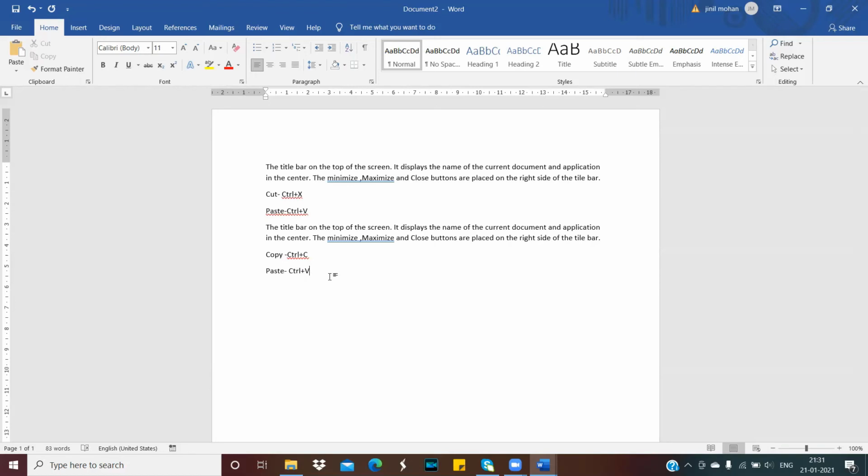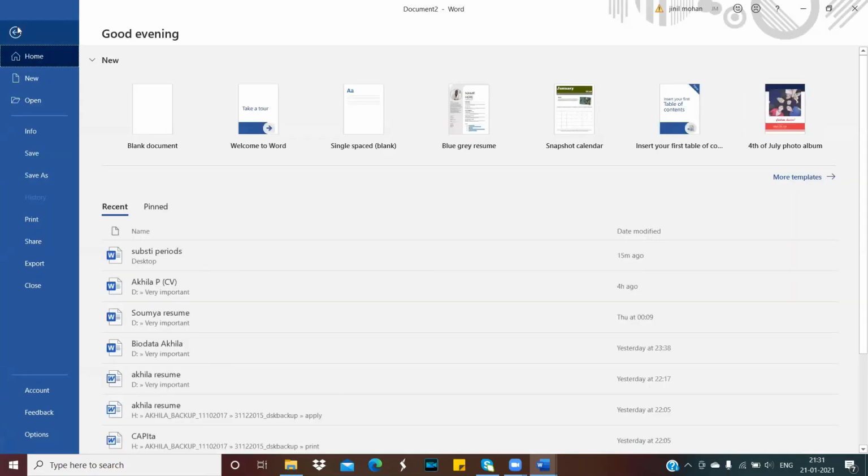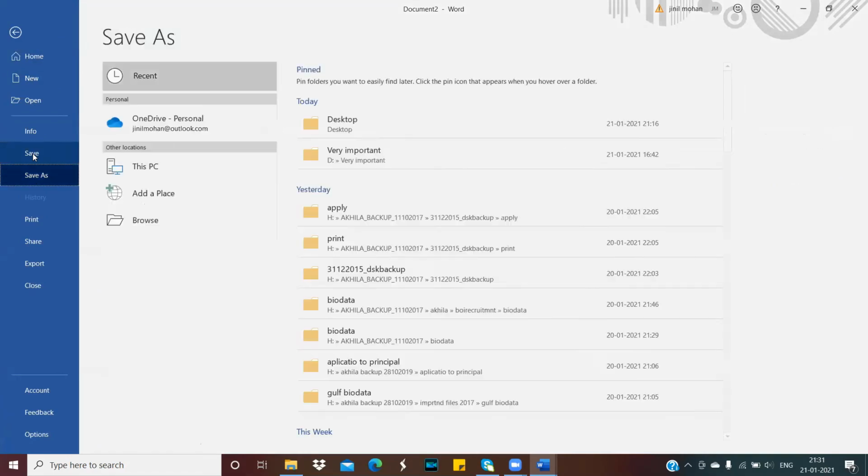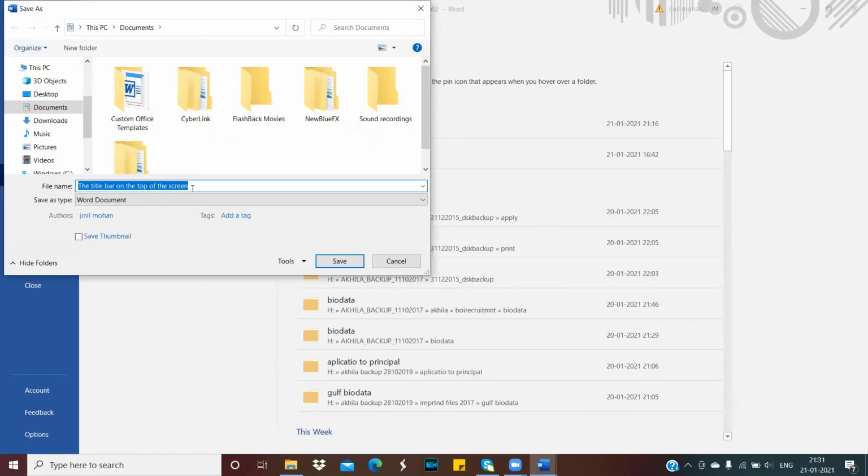Now let's discuss how we can save this Word document. I know you are all very familiar with this. Listen, select File, then select the Save option from here. The Save As window will appear. In this window, you have to type the file name in which you want to save. I'm going to give the name My Word Document.